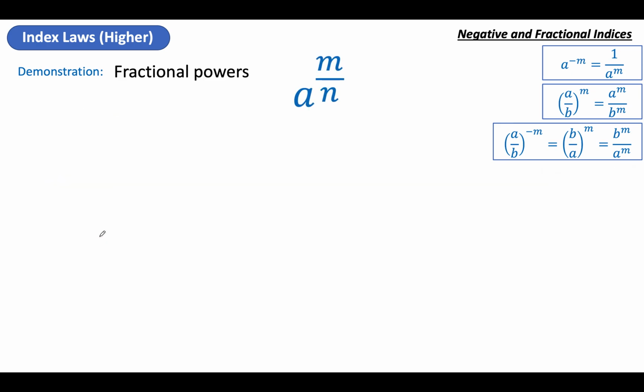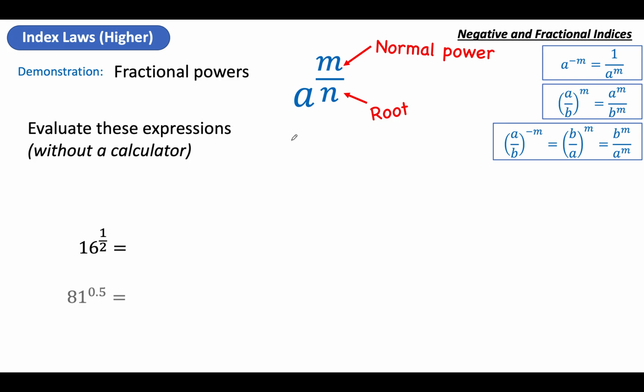So this is what's happening. If you've got a power like this, the bottom number, if it's a fraction, is the root. That's what root you're doing. If it's a 2, you do a square root. If it's a 3, you do a cube root. If it's a 4, you do such a thing as a fourth root. We won't do those, right? But if you did, that's what you do. And then the top number is a normal power. And you do them in order, right? So, for example,